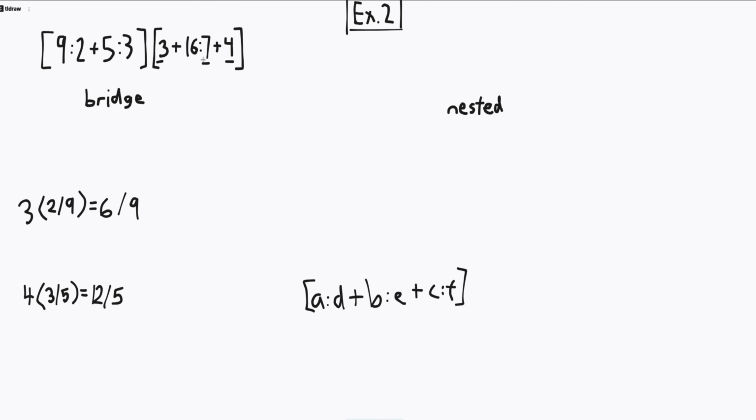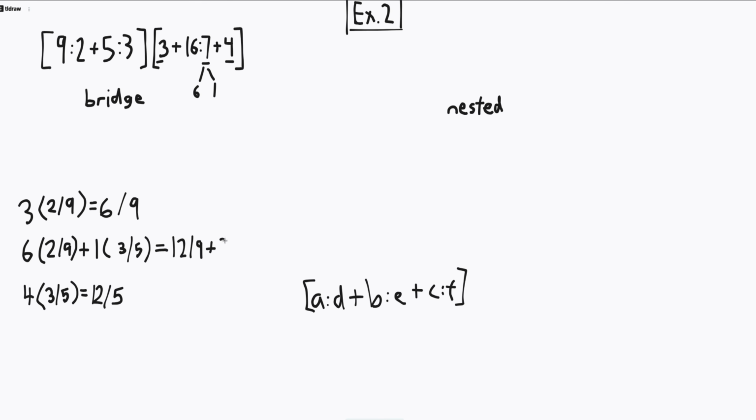Our 7 is obviously going to be split up. So because there are 3 nonuplets being played, we have 4 left over. So we're going to split this up into 6 and 1. Take the 6 and multiply it by 2 over 9. And then we're going to add that to 1 times 3 over 5, which is going to give us 12 over 9